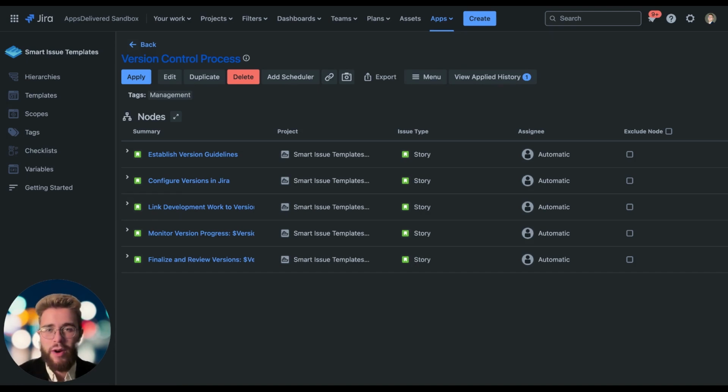This week, we're going to be going over how to create a version control process in Jira. For those of you who do not know what hierarchies are in Smart Issue Templates for Jira Cloud, hierarchies are basically a set of related issues, be it epics, stories, tasks, or subtasks that form a related process that you can then apply and create all of these issues across multiple different projects and assign them to multiple different users